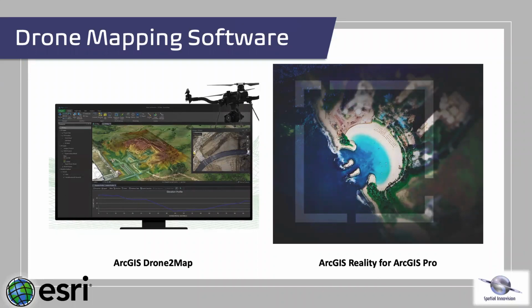Then perform advanced analysis. Open your project easily in ArcGIS Pro to use a range of tools such as advanced spatial, temporal, and spectral analysis and data management. After, you can share your imagery outputs with your organization or with the public as feature layers, web maps, imagery layers, and more. And another software is ArcGIS Reality,